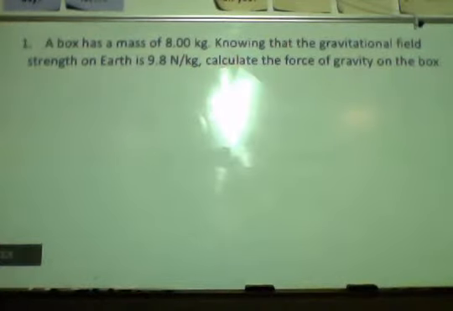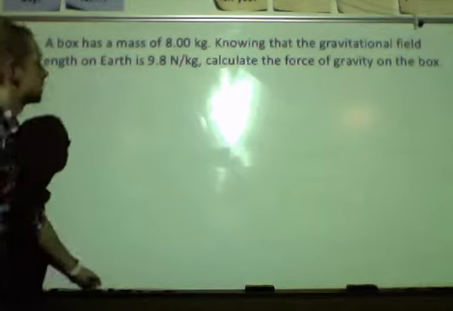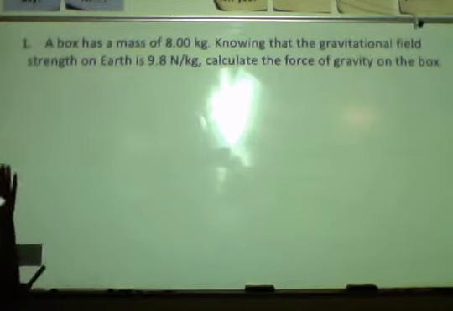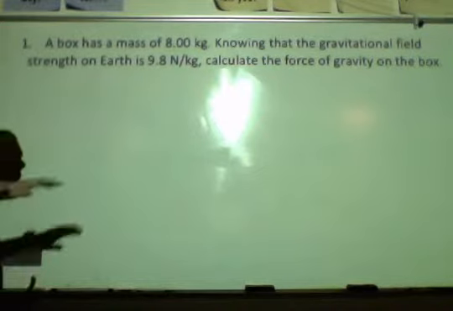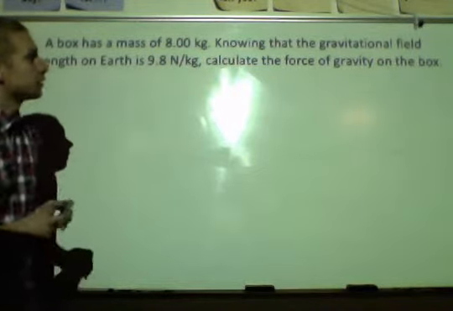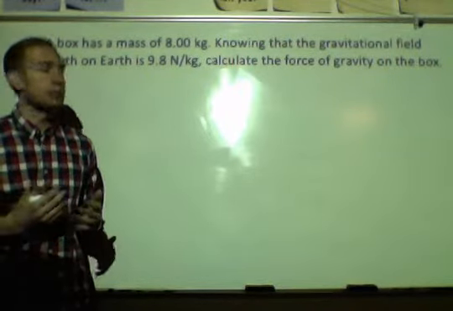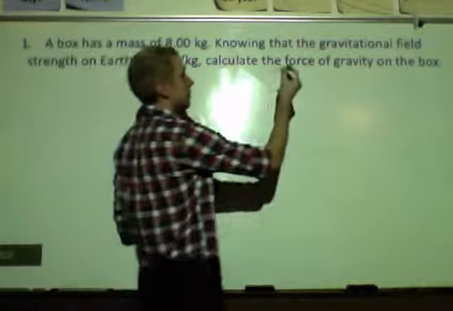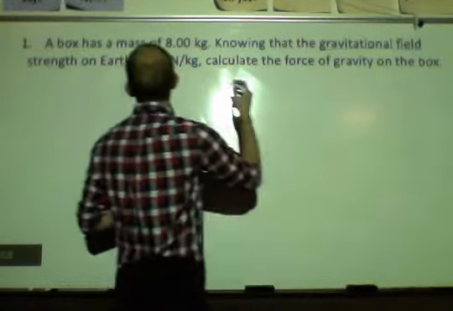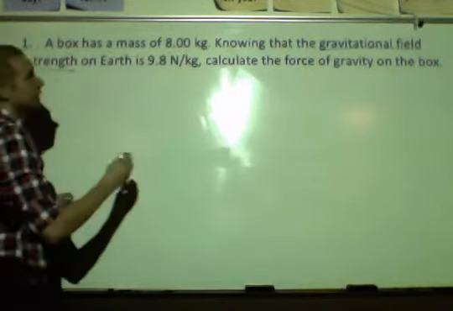Okay, let's get started. Problem number 1. A box has a mass of 8 kilograms. Knowing that the gravitational field strength on Earth is 9.8 newtons per kilogram, calculate the force of gravity on the box. Okay, yesterday we talked about whenever you see gravitational field strength, know that this is the same thing, you might want to write it down, as